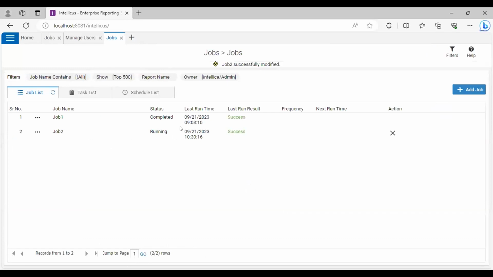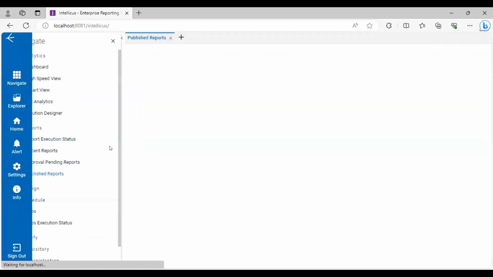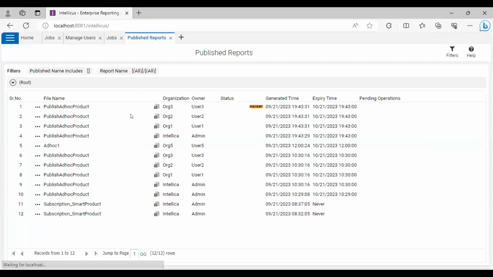So you can see that the job is running. You can see the status of the job 2 as running over here. And if I click on refresh, you can see that it is completed. Now if I go to publish reports, we had used the multi-set option and we had scheduled our ad hoc report for user 1, user 2 and user 3. So you can see that with one schedule,